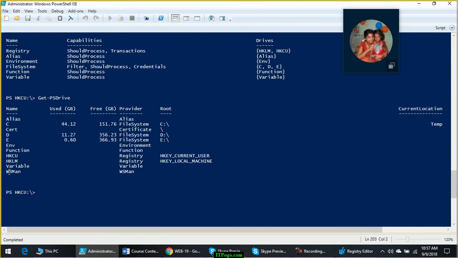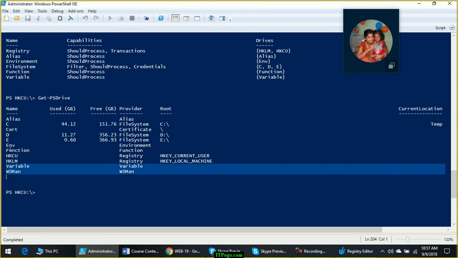Now there is one more thing which is revealed here, WSMan. We will discuss WSMan when we discuss PowerShell remoting, and we will discuss variables later. There are a few things which we will not discuss at present, variables and WSMan.